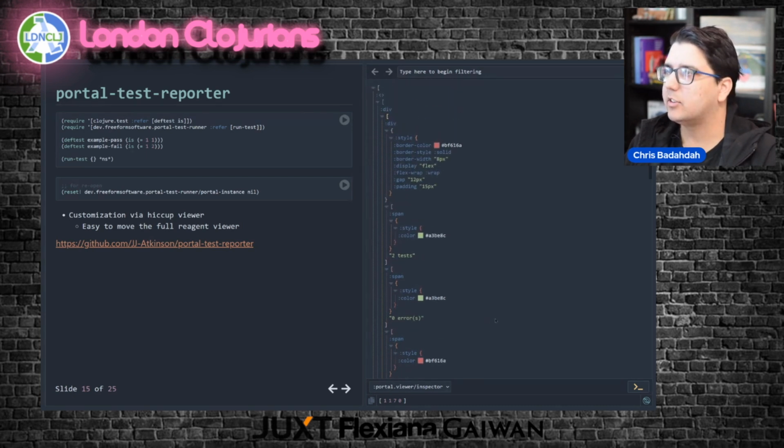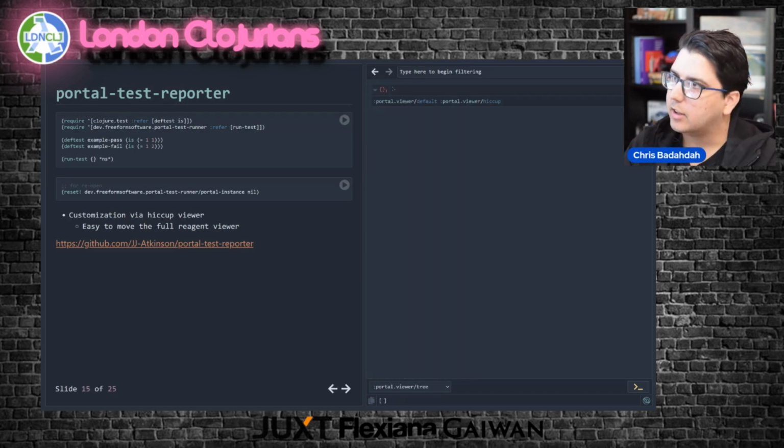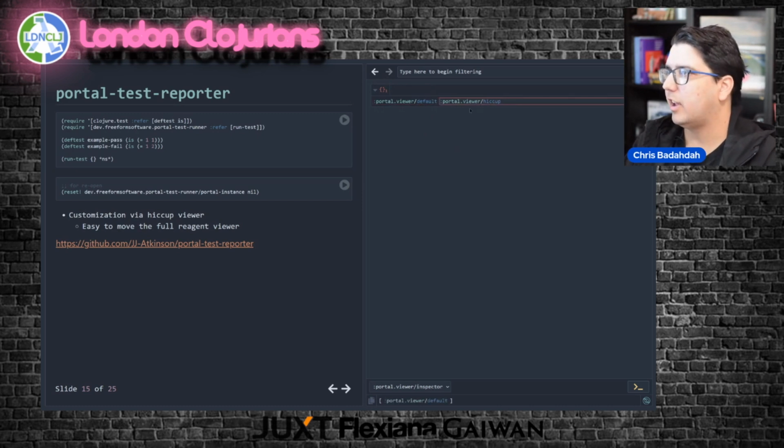I really like this type of customization because it's relatively quick. There's no UI code here. There's some code on the back end where the tests were run that formats this into Hiccup and then throws it at Portal. I think it puts the metadata that I was describing before on it that just says, hey, this is Hiccup.